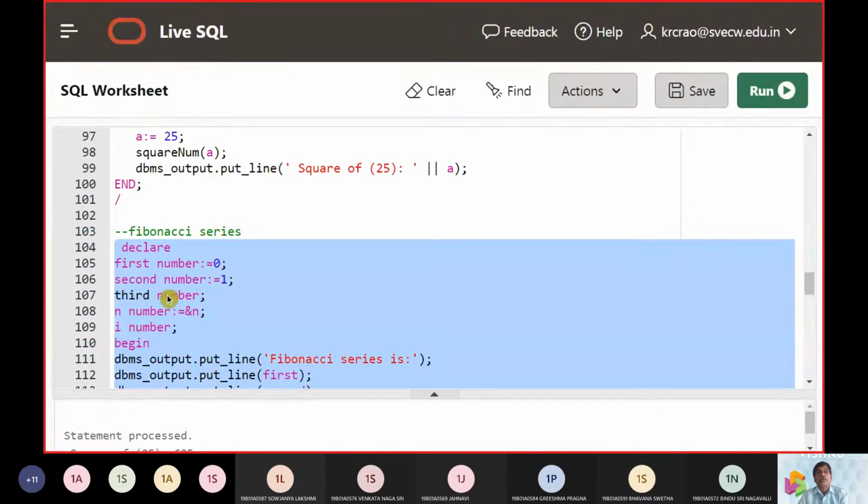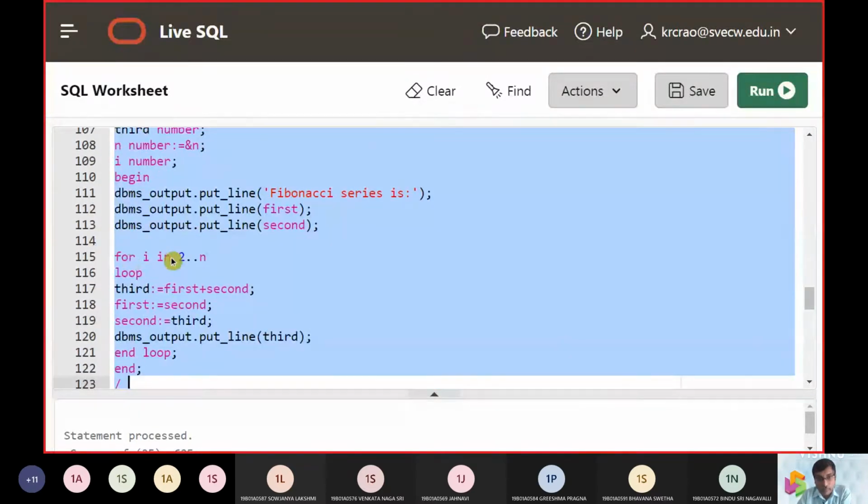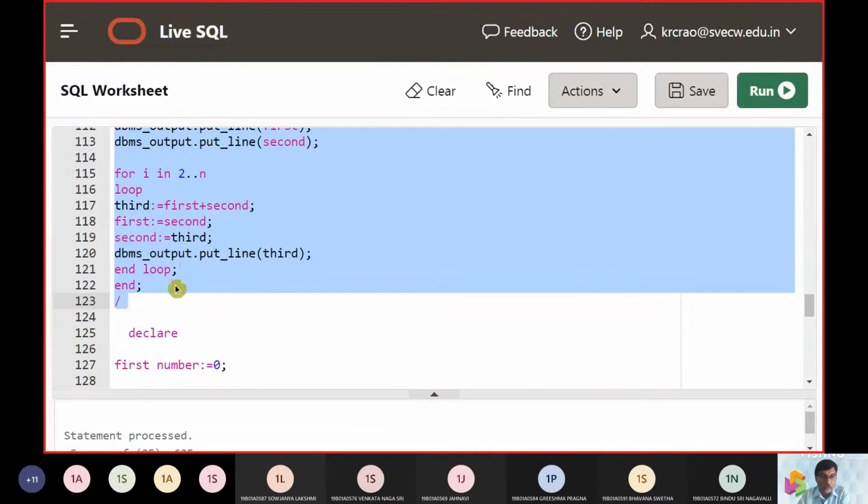The third variable is computed with the series part. 0 plus 1 is equals to 1, 1 plus 2 is equals to 3. In this way, we will go up to the number we need. We are using the for loop, for I from 2 to n, we need to print. I is for initialization, already taken. Then we take the condition and how many times the for loop has to happen, which we put between loop begin and loop end. The third number is 0 plus 1, next 1 plus 2. In this way it is going to move up.